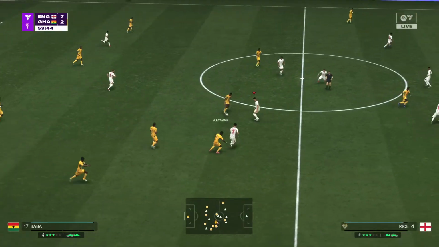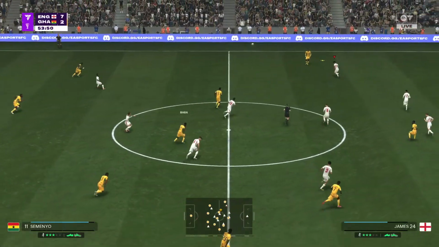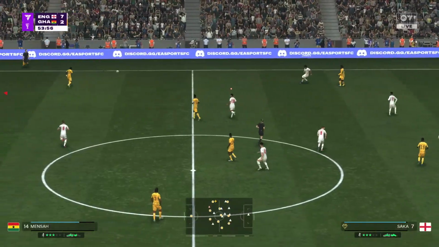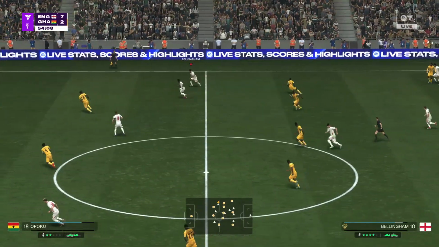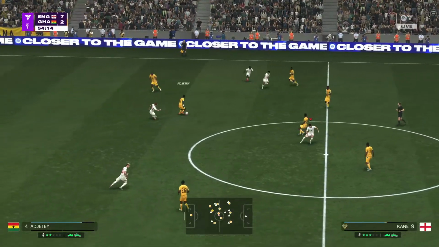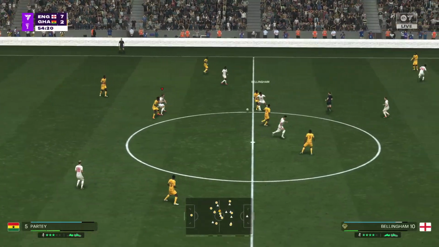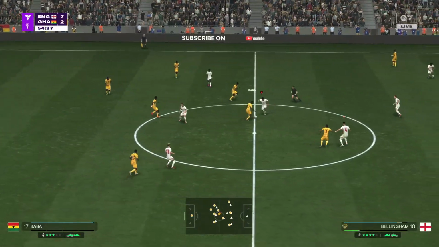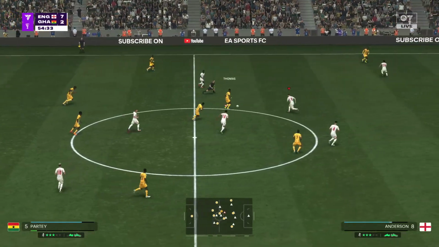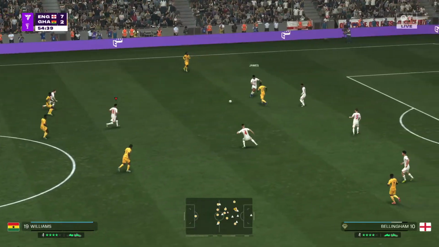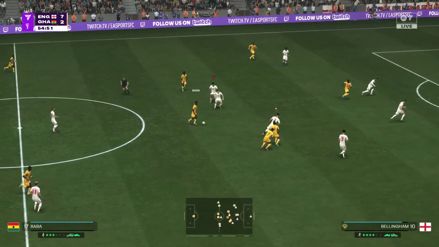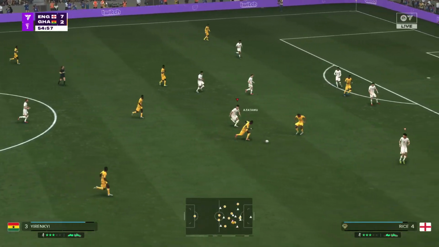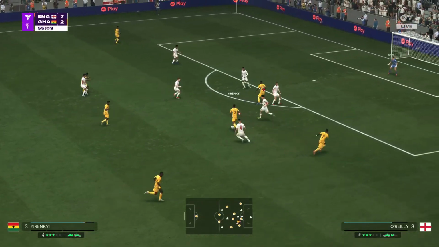Isahaku. A very good tackle. Now they have possession in a good area of the pitch. Can they set up a chance?